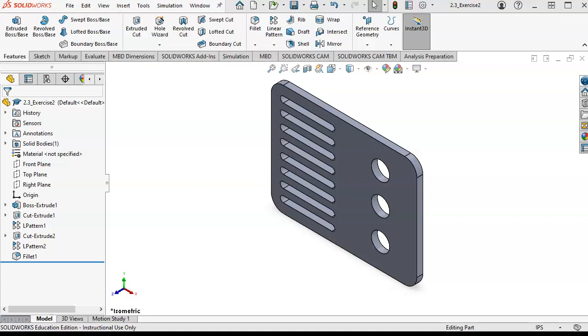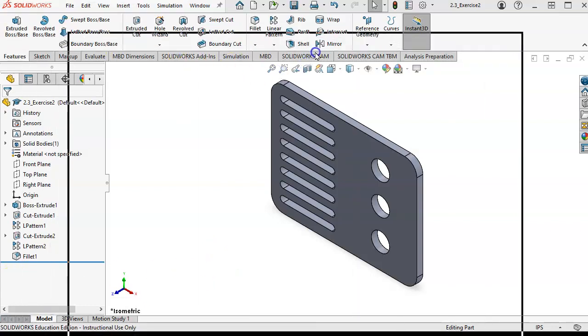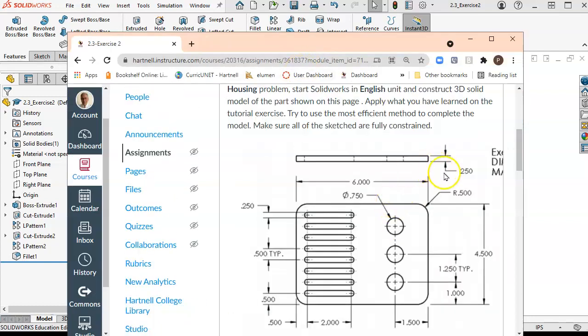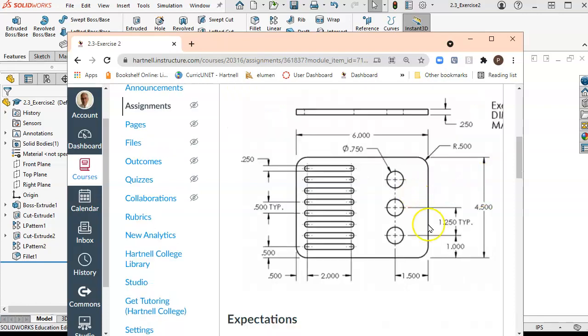Okay, for our next assignment, which is this one, what information do we have? If you look back to your assignment sheet, this information is given on these two views. The top view shows the thickness, 0.25, and the front view shows overall dimension on height and width, and the feature inside that. So to create this one, we will begin with